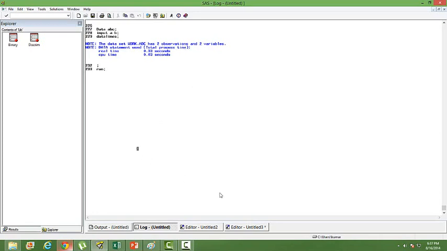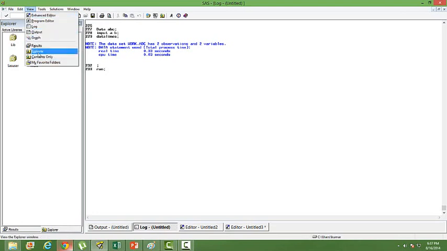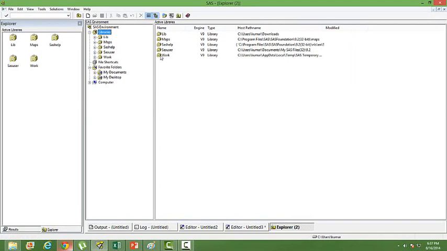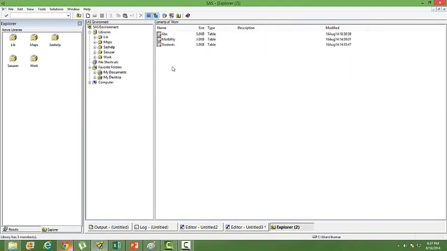How do I check if the dataset is there in my work library or not? Go to Explorer. How do you go to the Explorer? Well, you can find Explorer here down below, or else go to View and then Explorer. Okay, go to Explorer. You have work here. Okay, so I have two more datasets in the work library from before this session, but I have created this dataset ABC just now in front of you.